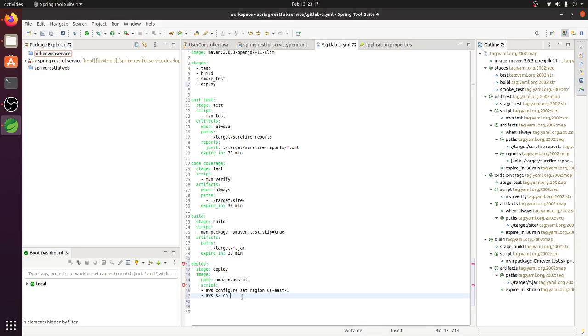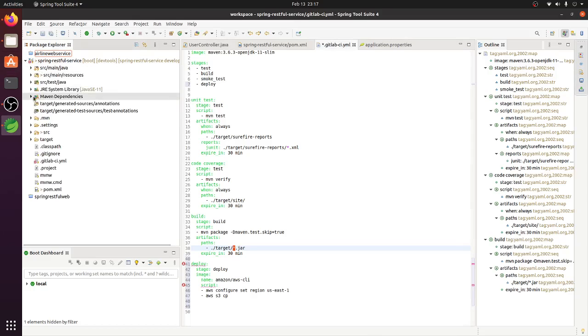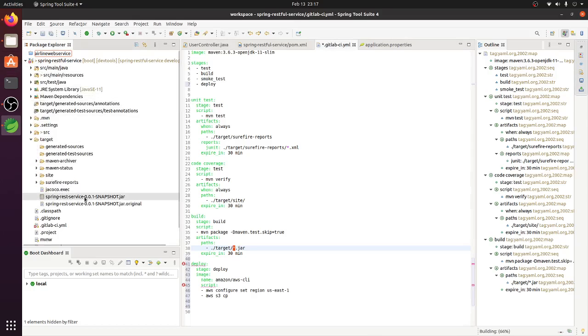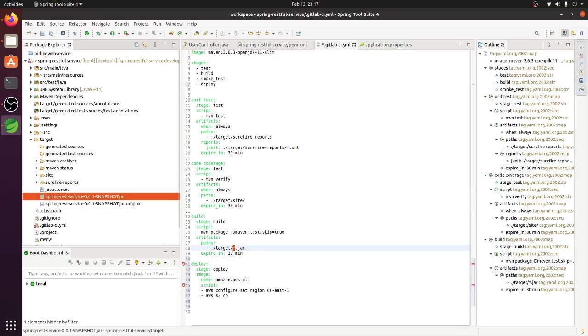Now before doing that, let's not use star here. If you look at the target folder, there are two files, but even though if we do a star, it's going to pick this. Instead of using star, it's better that we use the name of the artifact that gets generated. So I'm going to use this